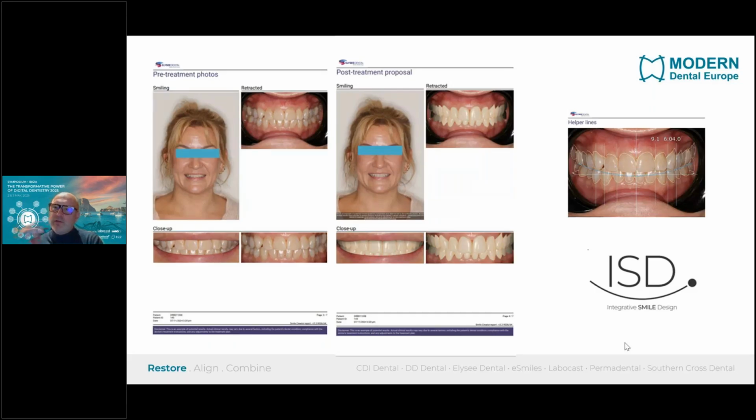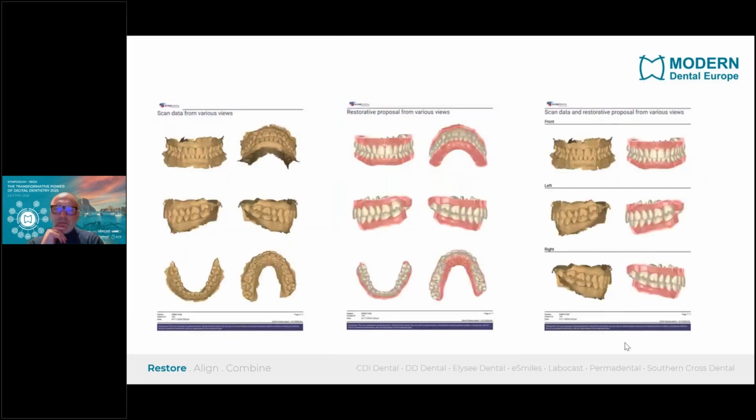And then you also have the measurements, the helplines there, and of course from different angles, different views, the original scan data from the initial state, and then the proposal, the plan, the restorative proposal also from different views. So this is all to help you to present the treatment plan and to come to an agreement on the